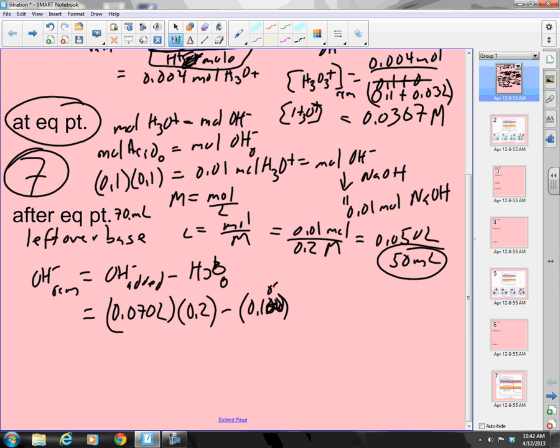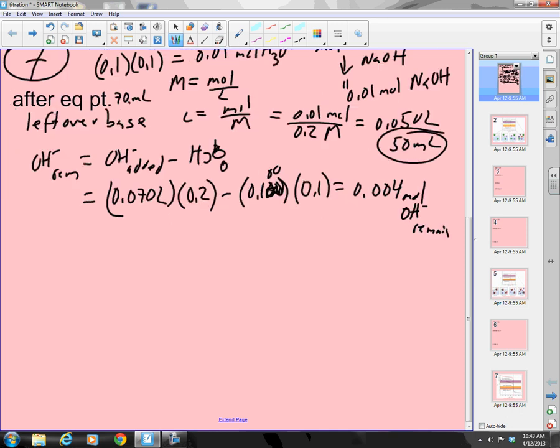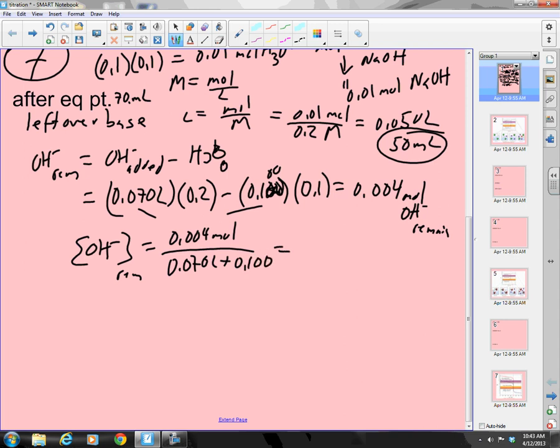100 times 0.1, and so what do I have? 0.07 times 0.2 minus 0.1 times 0.1, and I have 0.004 moles of OH minus remaining. And once again, I don't want moles, I want concentration. So that means my concentration of hydroxide remaining equals 0.004 moles divided by total volume. And now my total volume is 0.070 liters plus 0.100, so that's equal to divided by 0.17, and I get